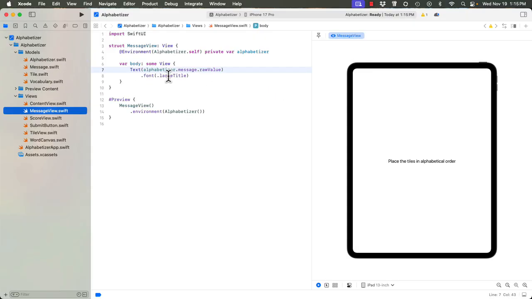So now we have the raw value, and it's defaulting to the first item in the message, which is the instructions. If we want to verify that the other messages are working properly, we can change the preview so that we can reference the Alphabetizer